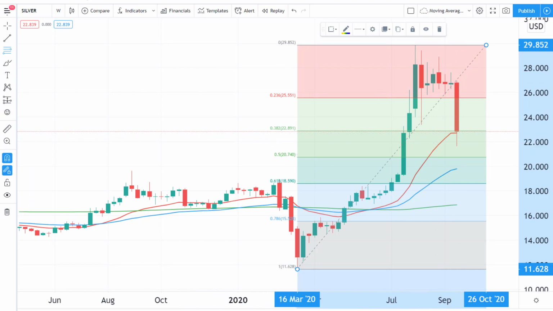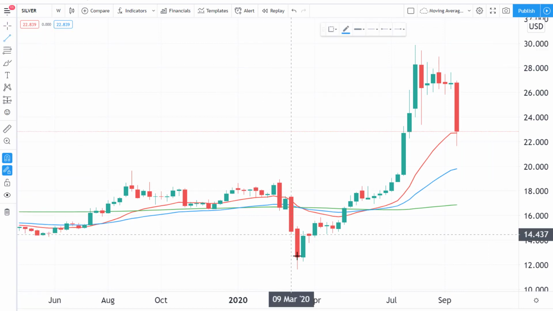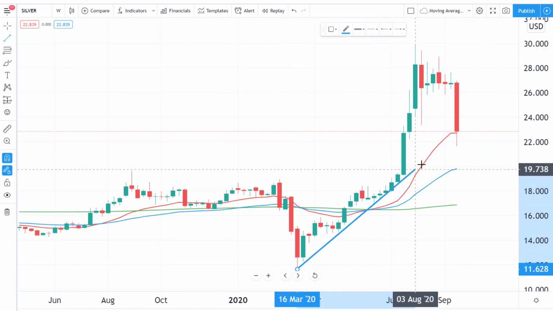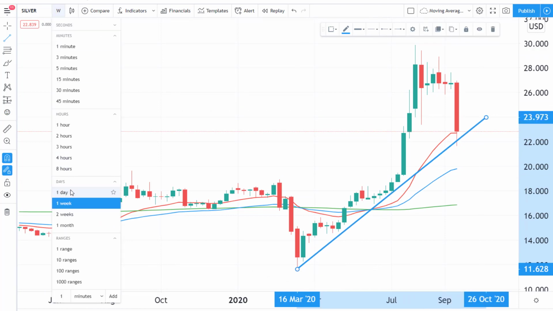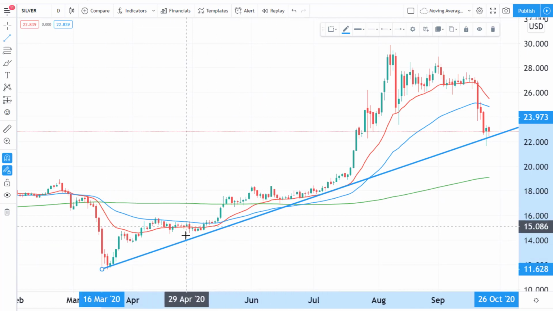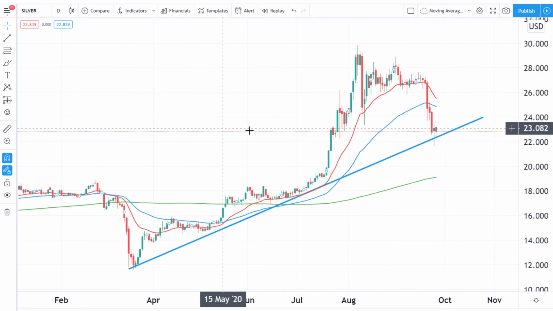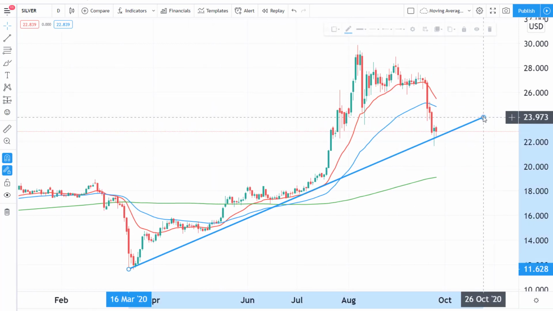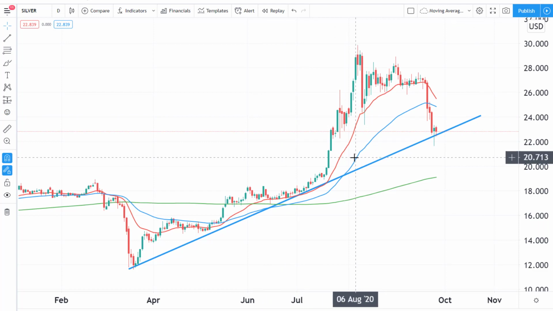Before we go into the smaller timeframes, another thing that we can note is there is some form of trend line off the bottom. We were talking about this during our live stream. Basically, if you take the lows and extrapolate them out over time, even down to a daily chart, you'll notice that it was holding a trend line across this point and there was some bouncing there. Now, I use trend lines as more of an area that I'm interested in probably taking a look at, and then I'm interested in seeing the price action results from that point.